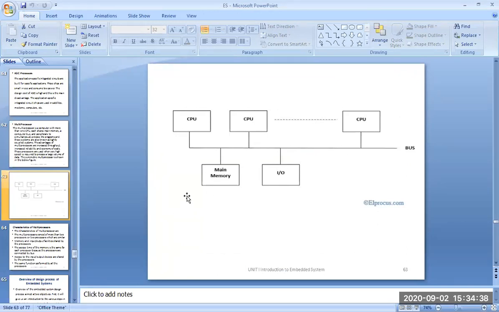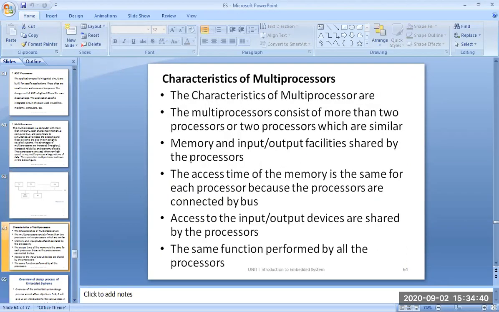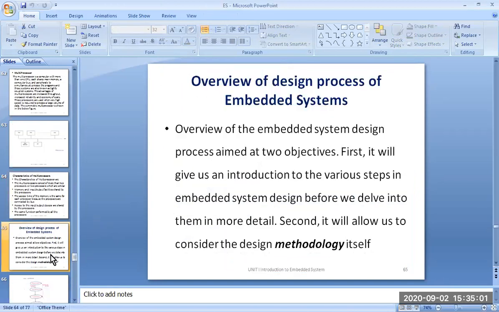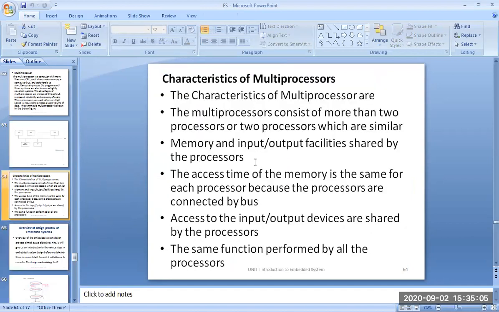The access time of the memory is the same for each processor because the processors are connected by the bus. Access to the input and output devices is shared by the processors. The same function is performed by all the processors. It is already explained.